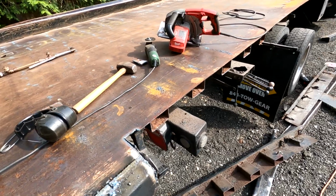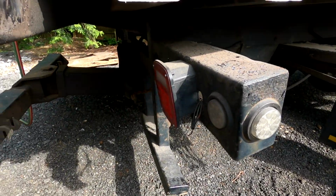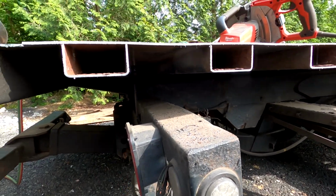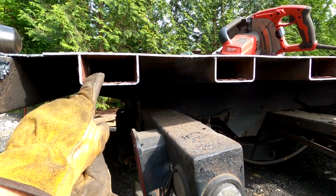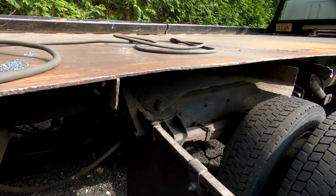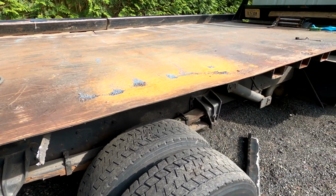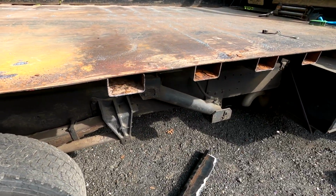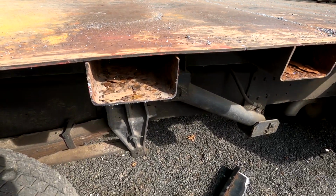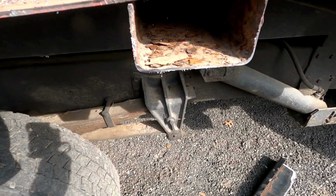So here it is. Side is gone. You can see underneath. So these are pretty solid until you get down to here. And you can see there's just none there. And then they get solid again. So I think my plan